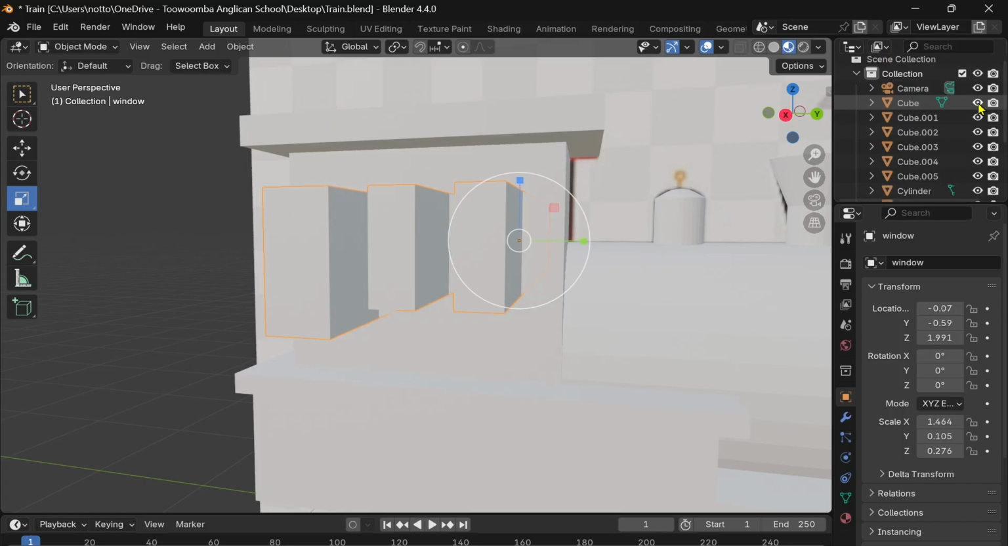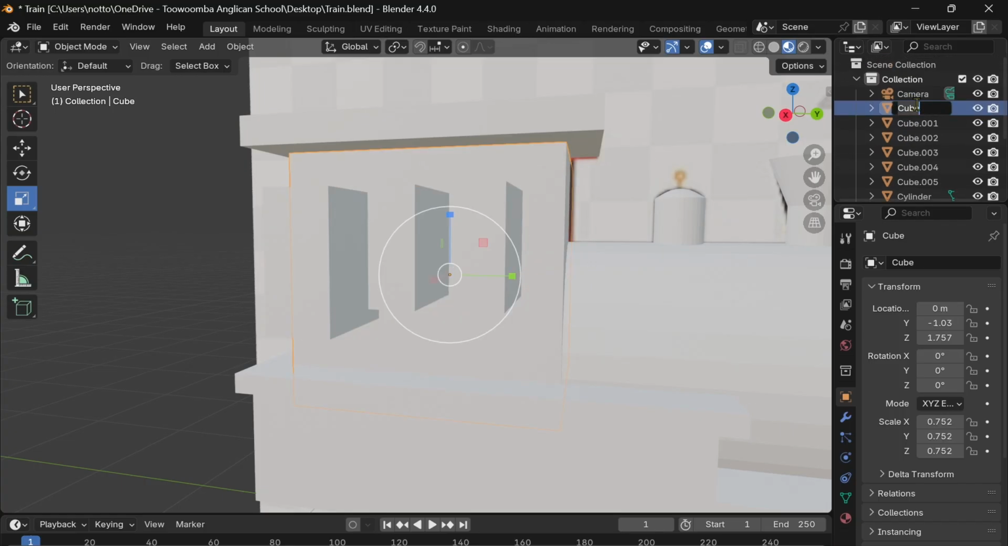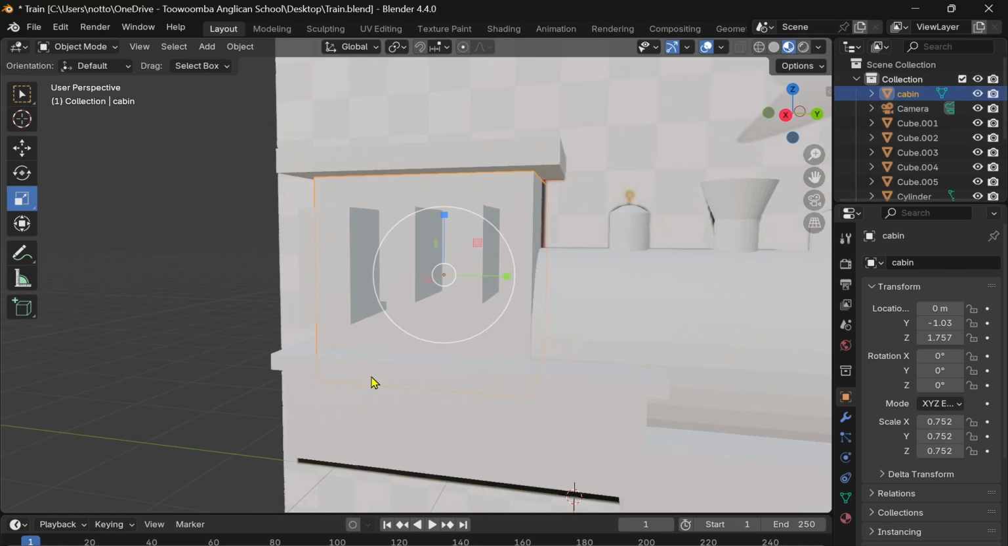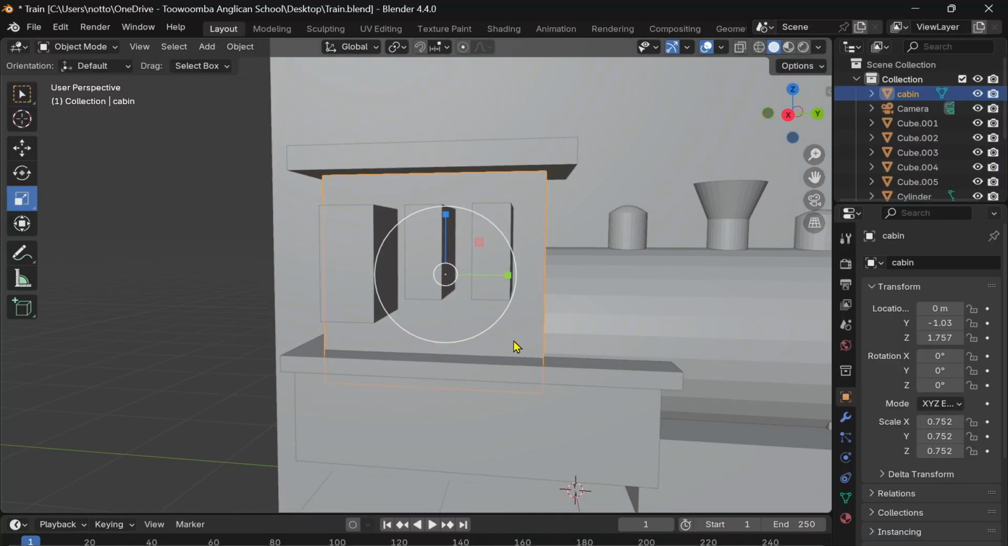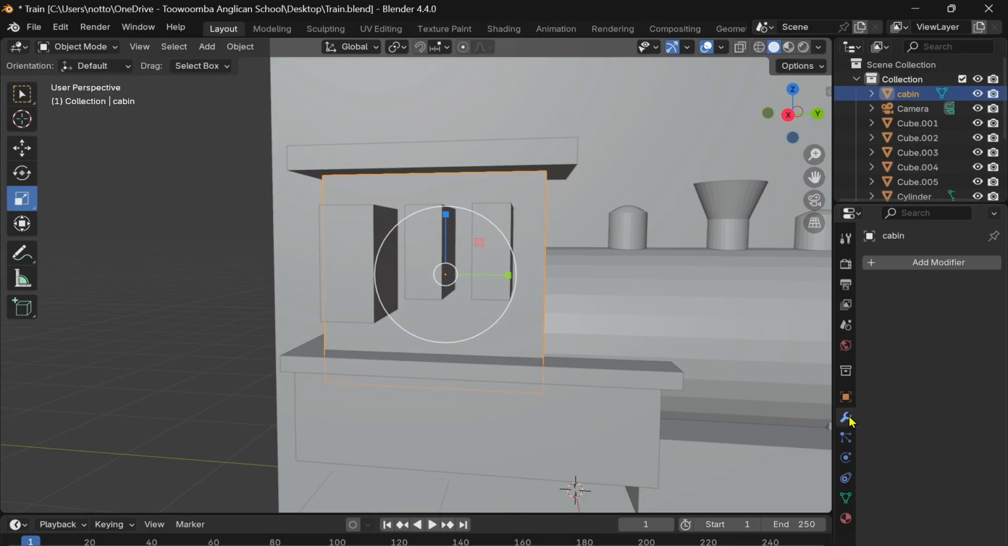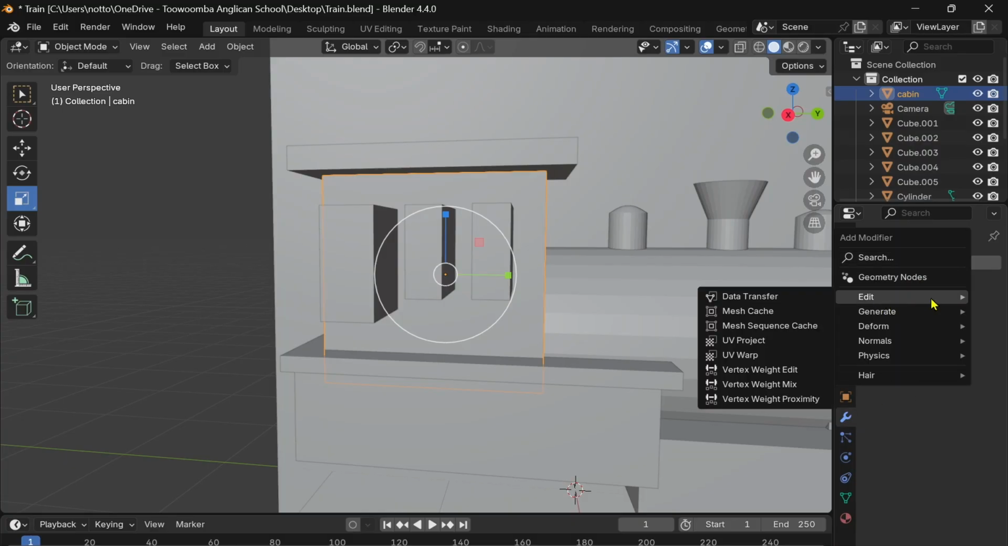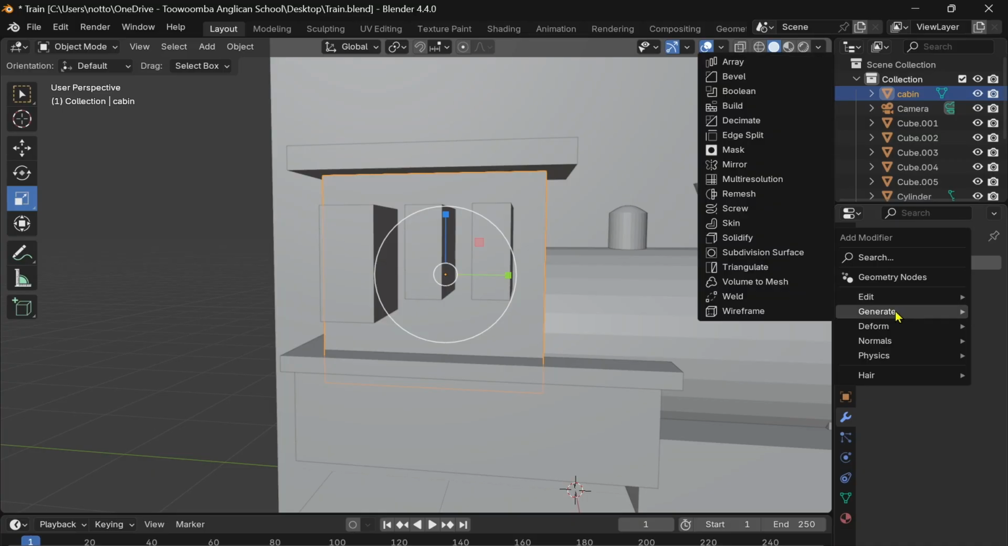So there it is. And we can name that first cube cabin so that we easily know what each shape refers to. So we're going to select the cabin. I'm going over here to the modifier tool, select add modifier, and we will use a modifier called Boolean. So select Boolean,